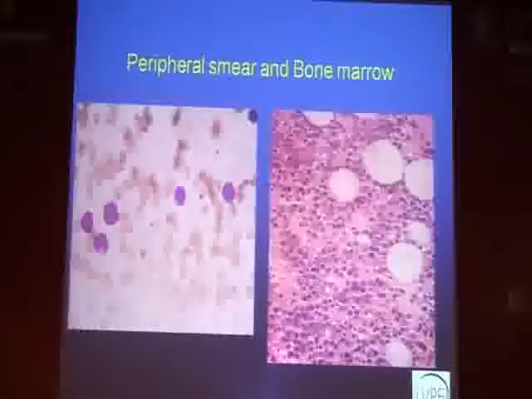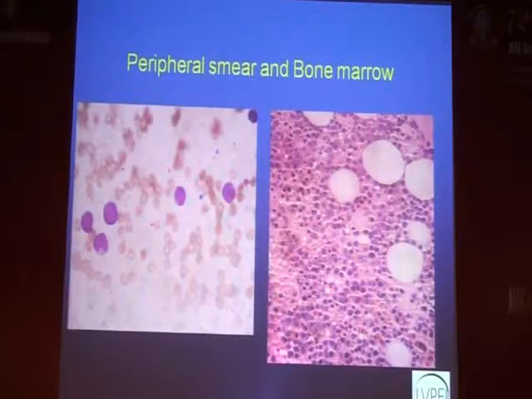These myeloid sarcomas can have a pre-existing, or a concurrent, or even later involvement of the bone marrow and peripheral smear. So in that case, it was only after 6 weeks that this patient had involvement of the peripheral smear by these atypical cells, which were very blastic, and the bone marrow was completely replaced by these atypical cells.